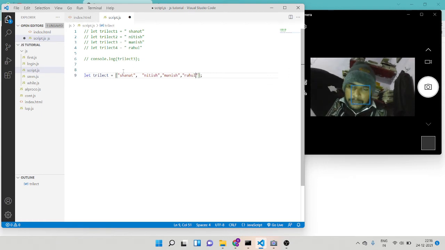Actually counting starts from the number zero.